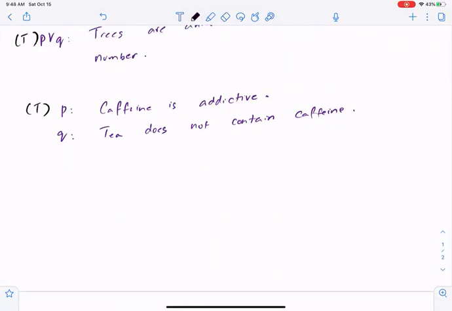So caffeine is addictive. Tea does not contain caffeine. Well, that's wrong. Tea does have caffeine, but it just doesn't have the same amount as coffee, the levels we drink. So if someone comes up to me and says,